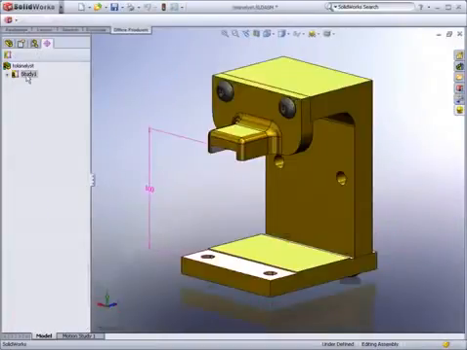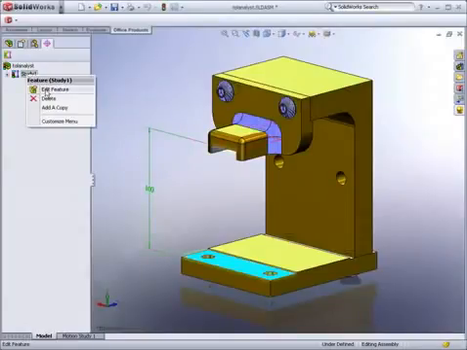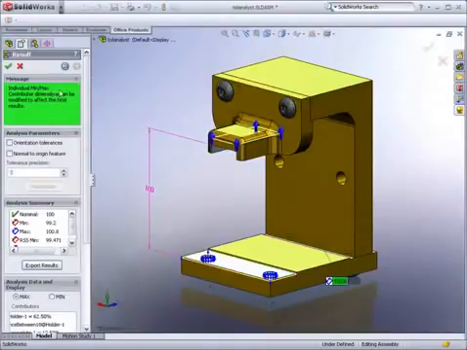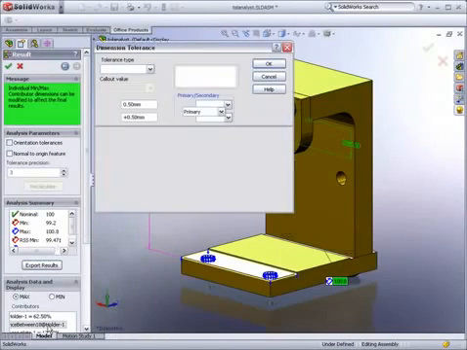Returning to our TolAnalyst study, we can see what changes have occurred. You can see in the analysis summary that we have reduced the tolerance, but we are still short of our goal. In the contributors window, we can see that the new dimension contributes 62